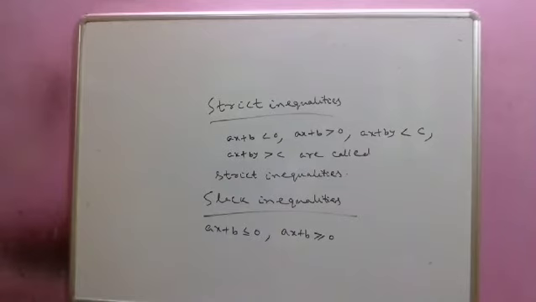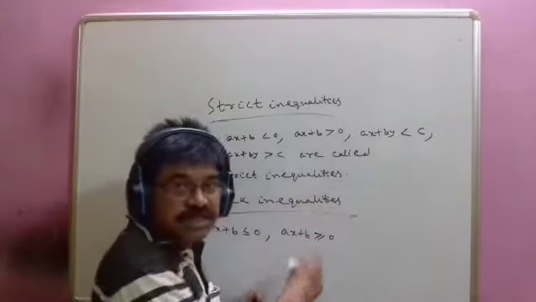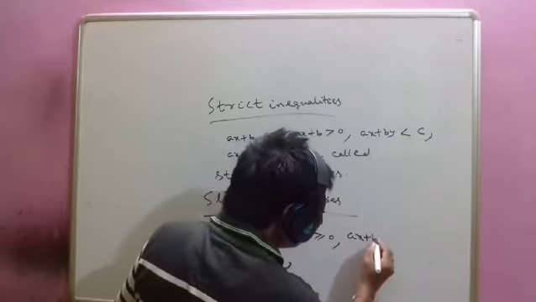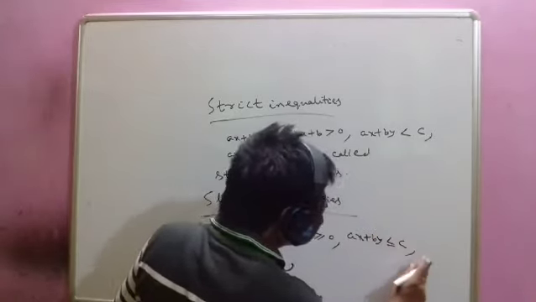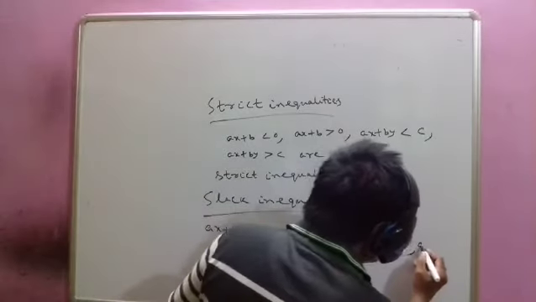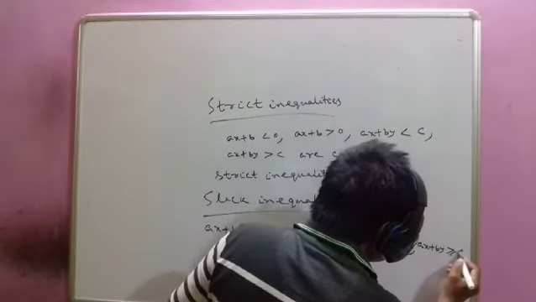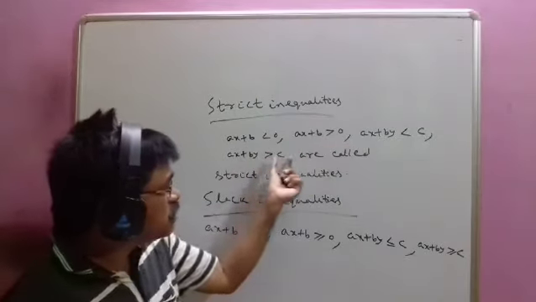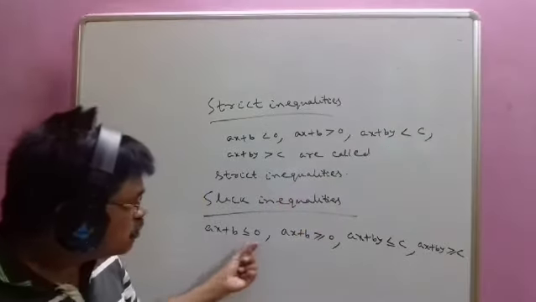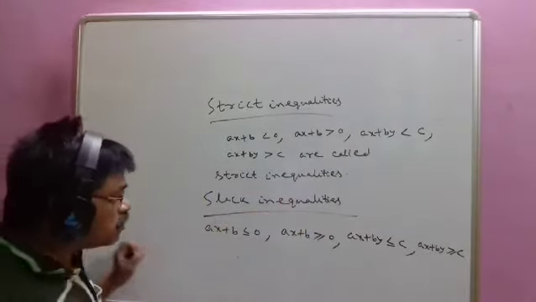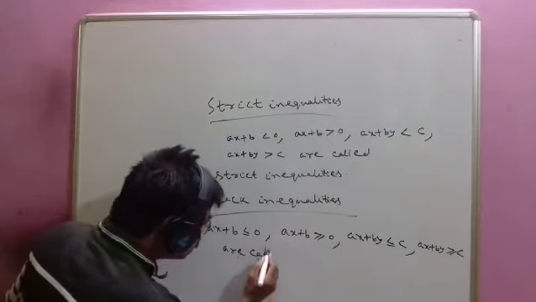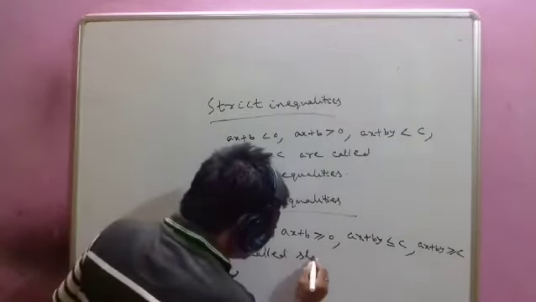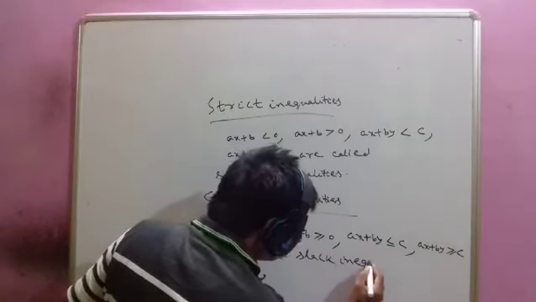And after that you write down the next one. You see here ax plus by less than c, but suppose I say ax plus by less than or equal to c. And here ax plus by greater than c, suppose I say ax plus by greater than or equal to c. Here the right side may be 0 or any constant, but the symbol is less than or equal to, greater than or equal to. Then this is called a slack inequality. So these are called slack inequalities. Yes, any doubts?